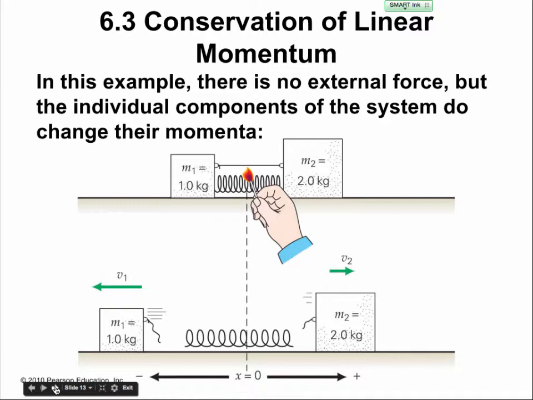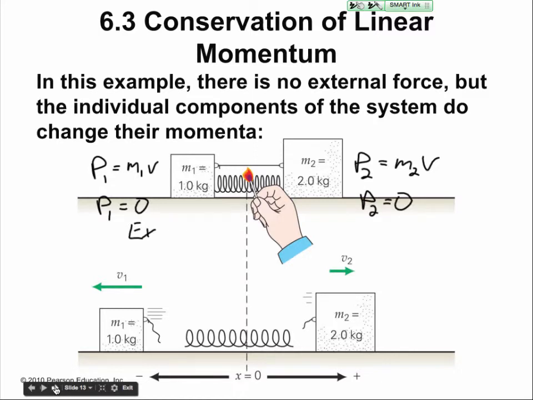There's no velocity in the beginning, so your initial momentum here is mass 1 times the velocity, which is 0. So your momentum here is equal to 0. Similarly over here, we have a different mass times its velocity, but the velocity is 0, so the momentum here is 0. So when we sum up the momentums in this example,